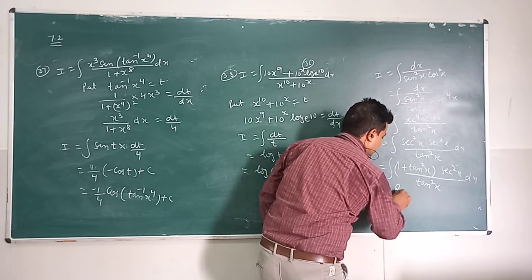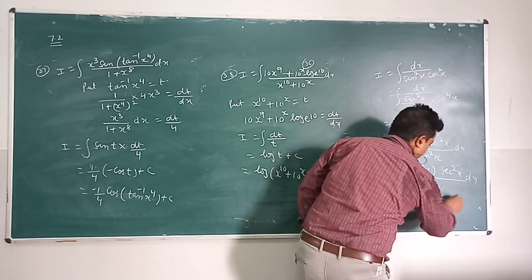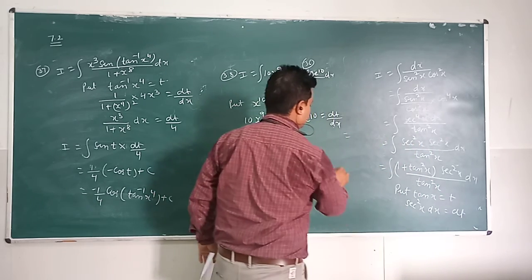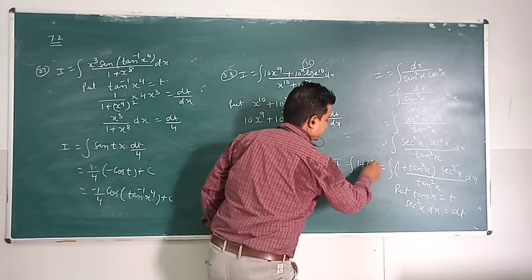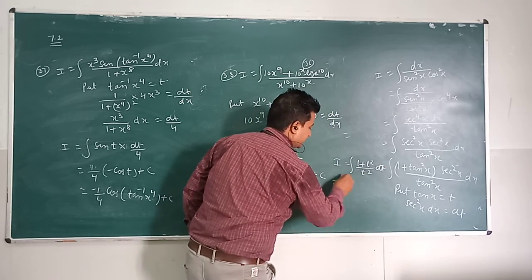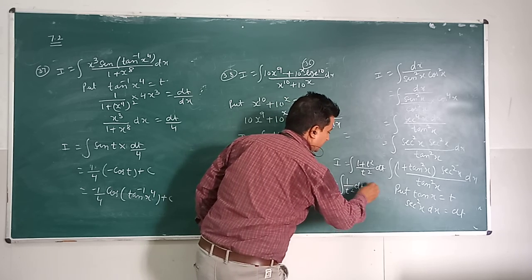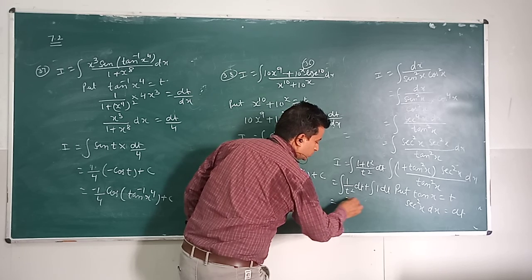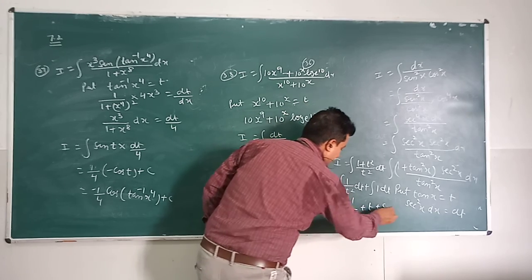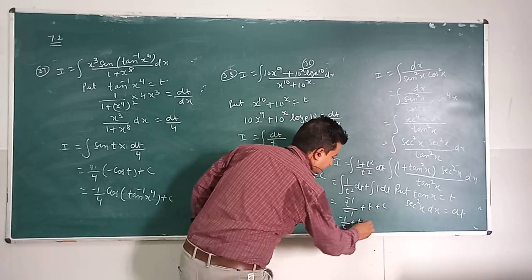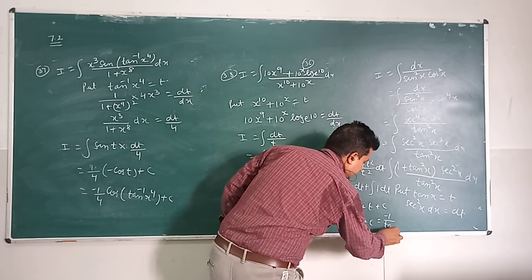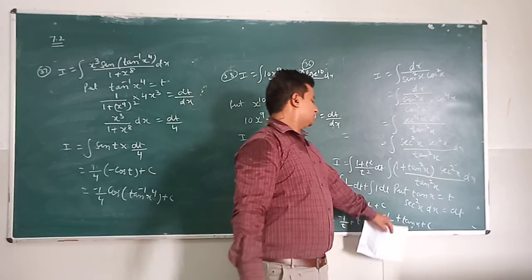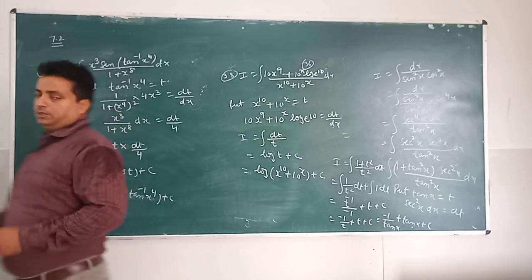So in this, first we put tan x equal to t. Then differentiation of tan is secant square x dx equals dt. So its answer is (1 plus t square) upon t square dt. When we separate these terms, this is 1 upon t square and this is 1 dt. Integrating, t to the power minus 2 gives minus 1 upon t, and this is t. So this is minus 1 upon t plus t plus c. When we put the value of t, that's minus cot x plus tan x plus c. So the answer is tan x minus cot x plus c. Thank you very much.